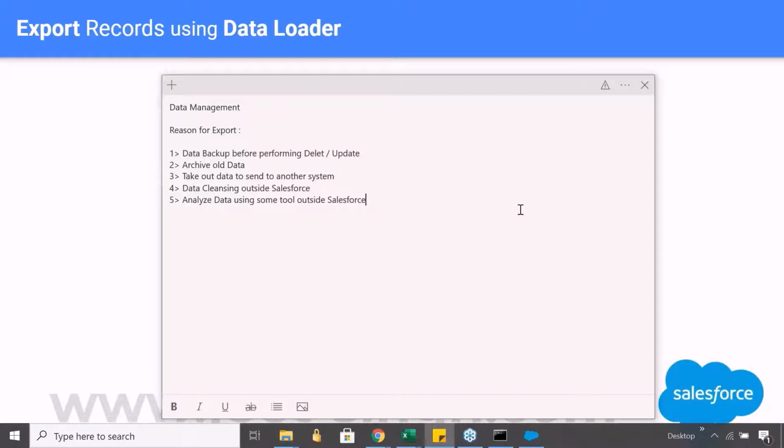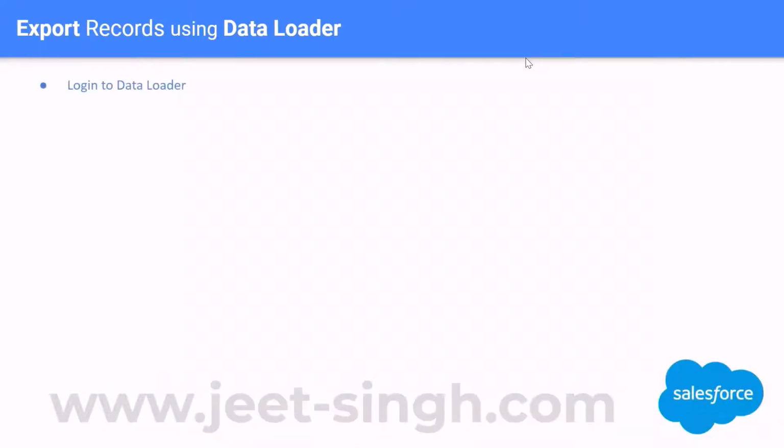Now, how do we do this? Doing an export is simple, because in this case you do not have to create a file. You just have to start with the data loader. You don't have to have a file ready before the export operation. You just have to go to the data loader and start working with your export operation. Log in to data loader,